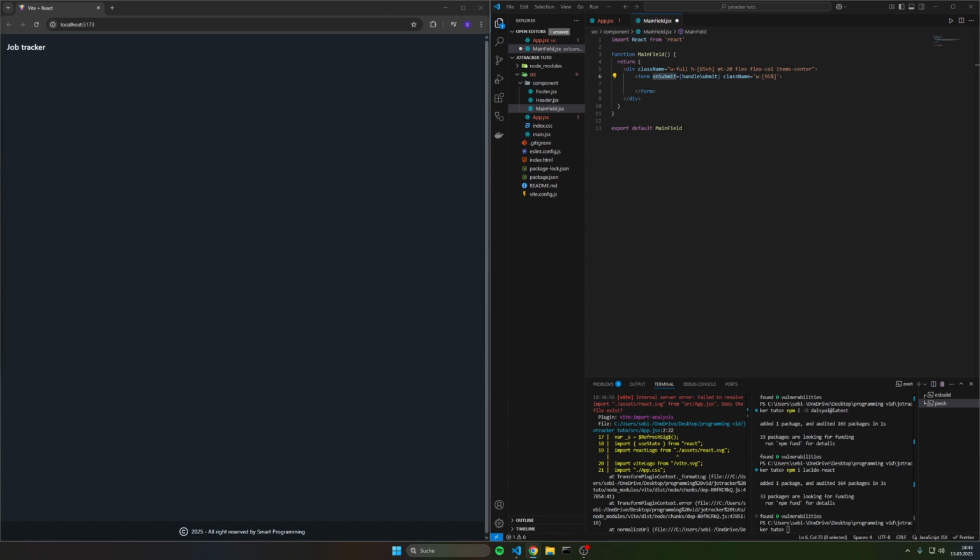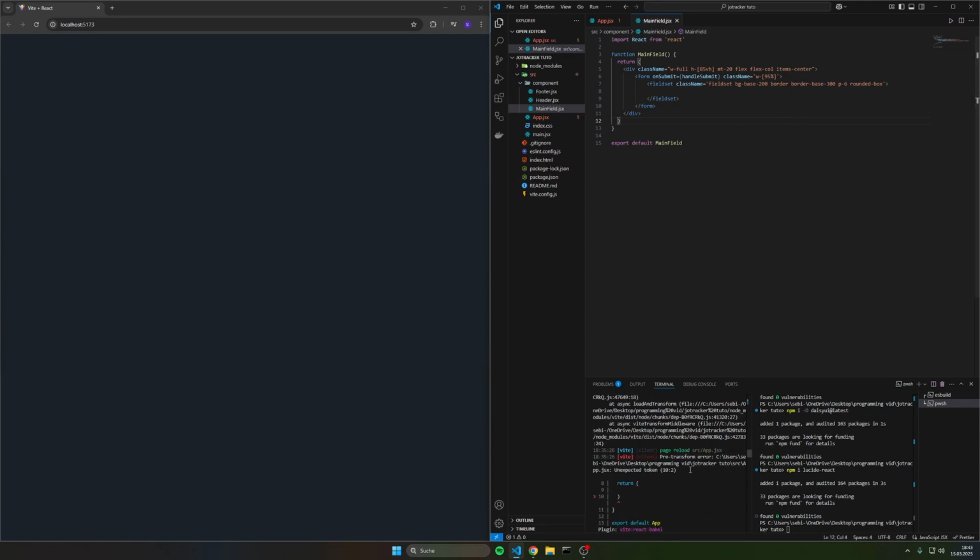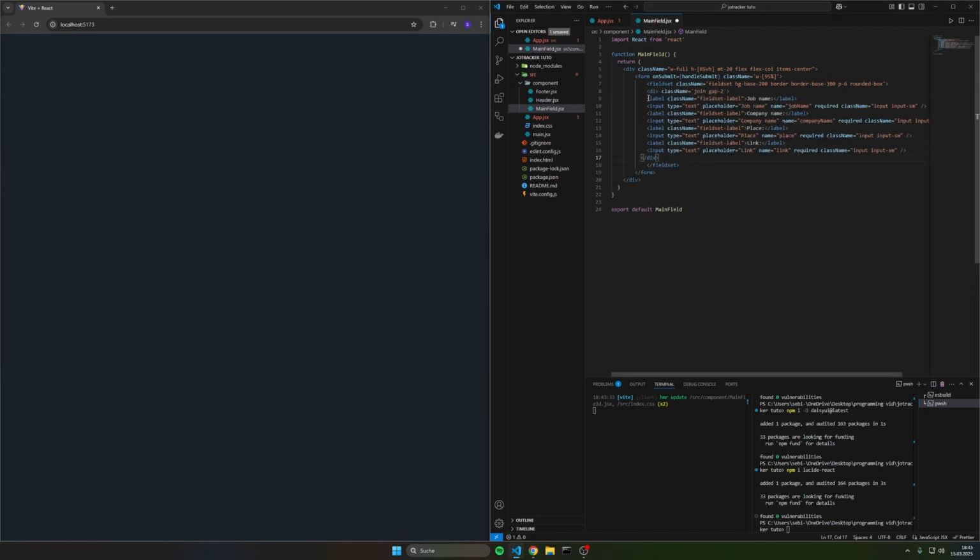so that we could use some DaisyUI things in there. We need to add a field set and some class names. Yeah, now it doesn't work anymore because we don't have anything in the field set. So I will just add like the first line of the input field, and we have